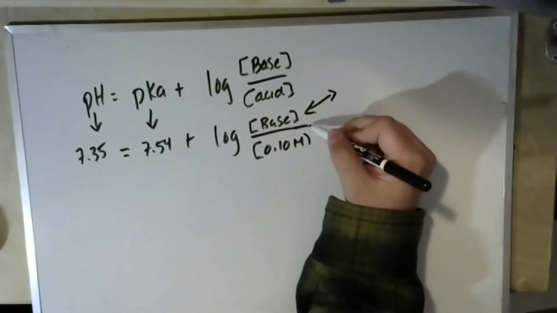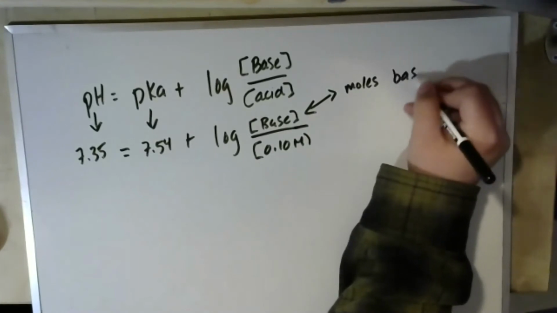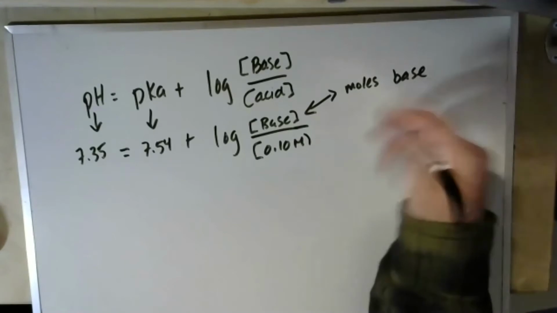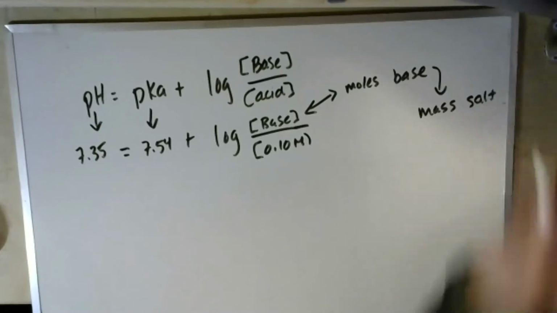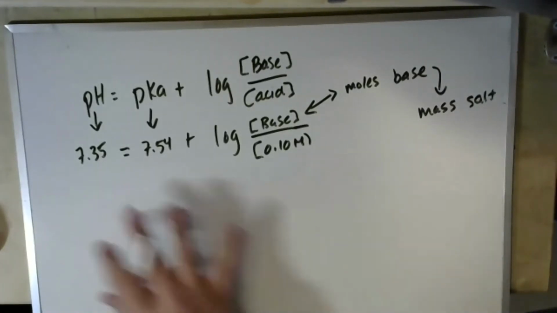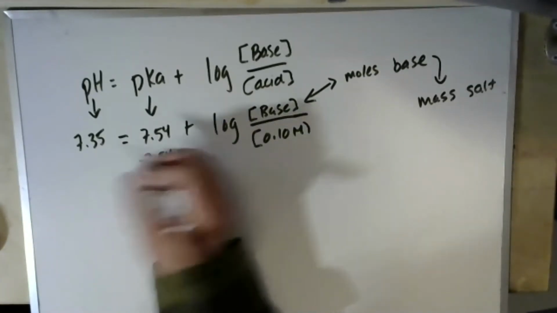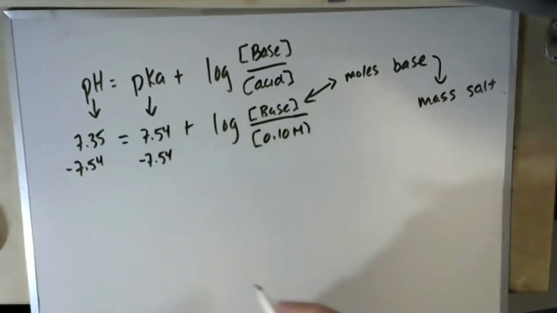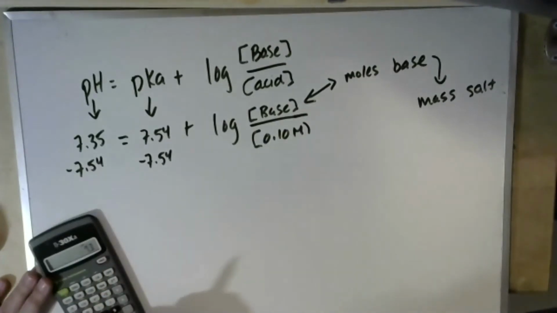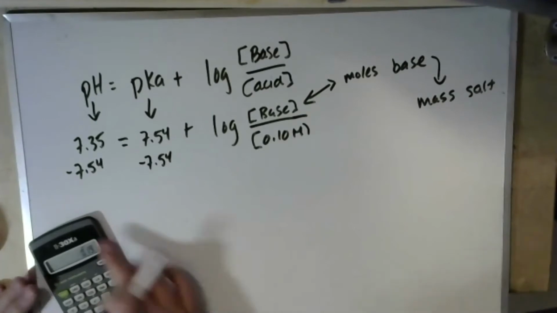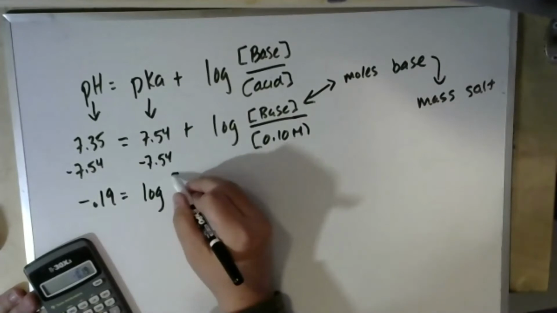Once we have the concentration of the base, we can figure out the moles of the base. And once we have the moles of the base, we can figure out what the mass of the salt is. Okay, but it's going to start here with us solving for the concentration of the base. So let's subtract the 7.54 from both sides. So we get negative 0.19 equals log of our base